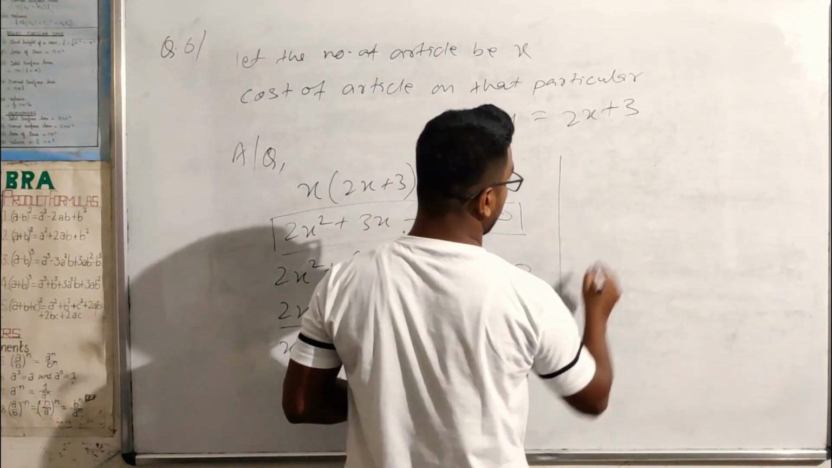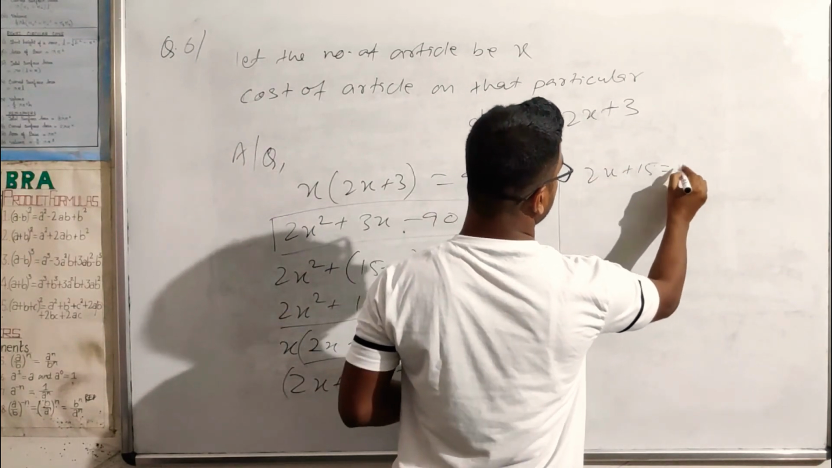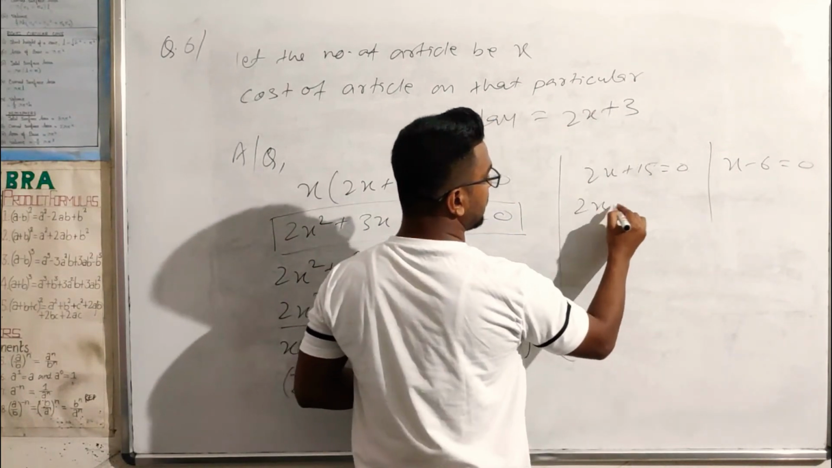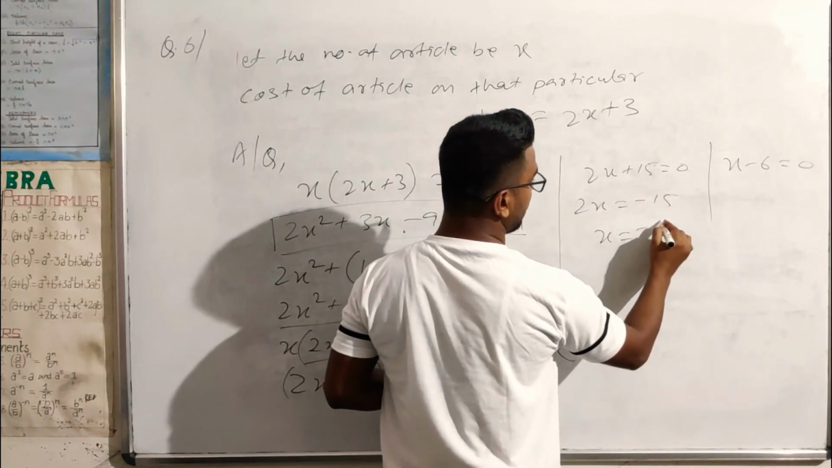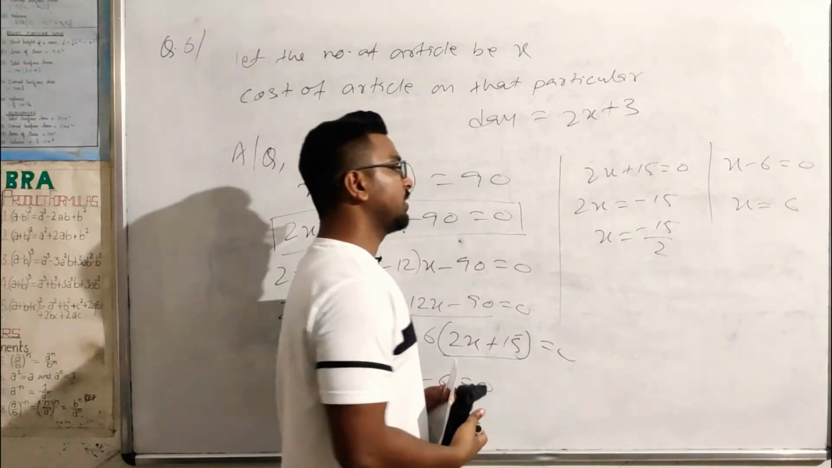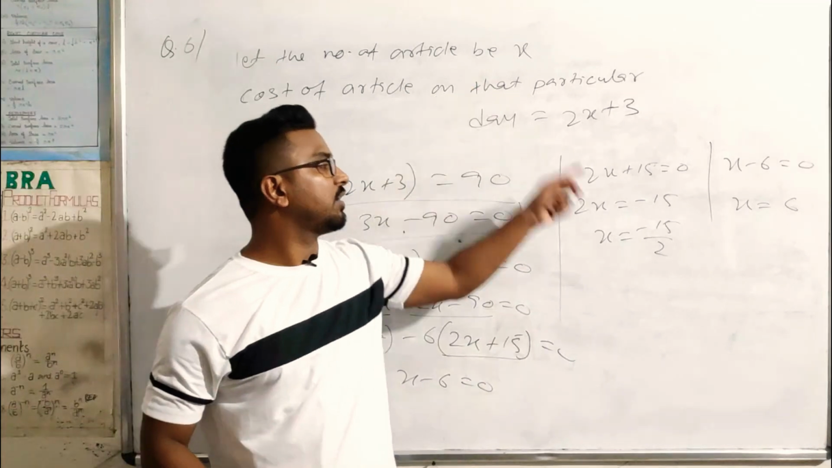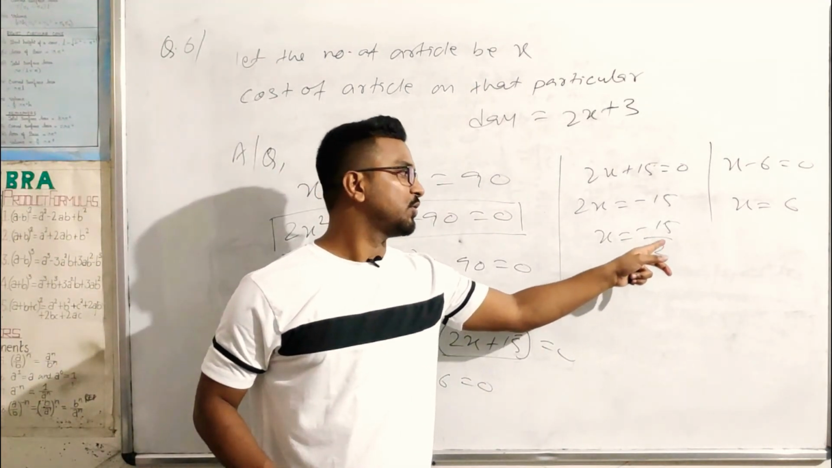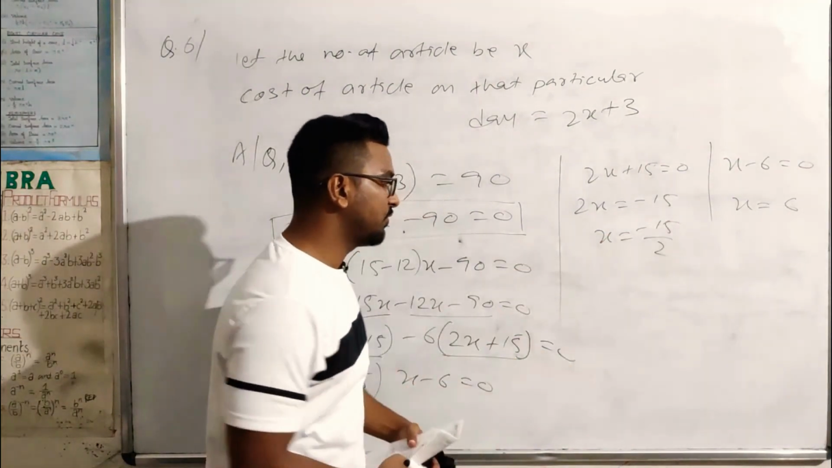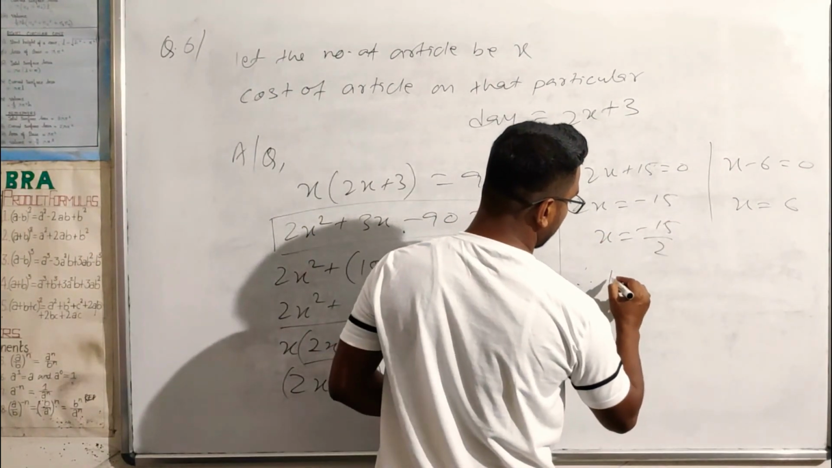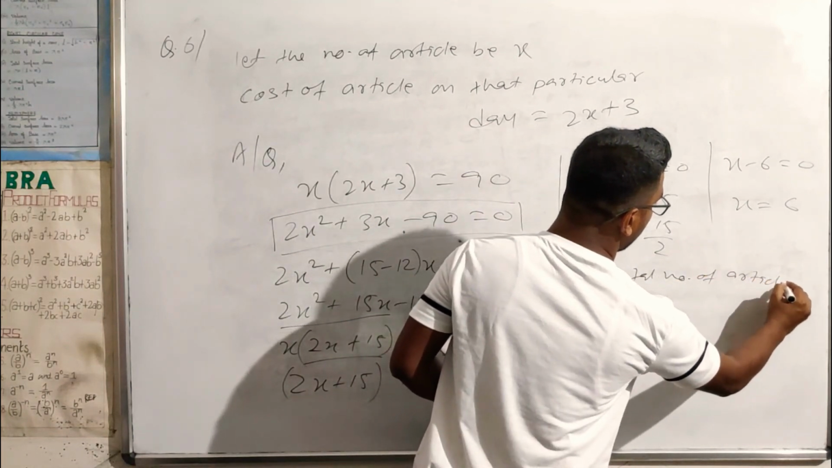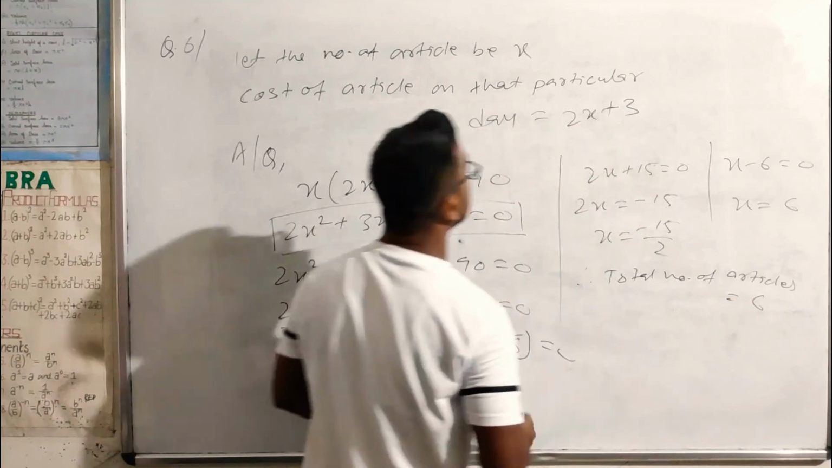So if you compare twice x plus 15 equals to 0 and x minus 6 equals to 0, what you will get? Twice x equals to minus 15, x equals to minus 15 by 2, and here x equals to 6. So can the number of article be in minus? No. So we'll reject this one and we'll accept x equal to 6. So therefore total number of article is equals to 6, and